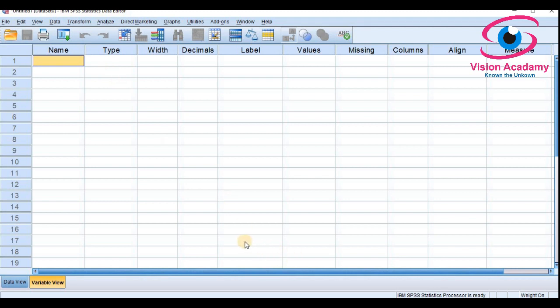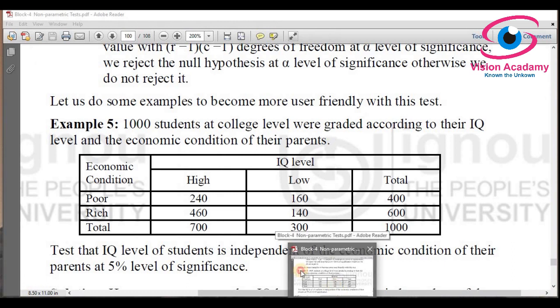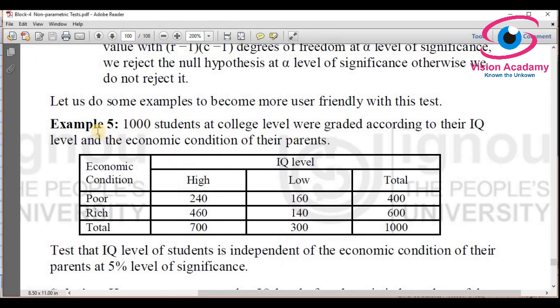So I am going from theory material to software, to make it easy. I'm considering a problem that in a certain college there are 1000 students and their level of grade according to their IQ level and economic condition of their parents is given.